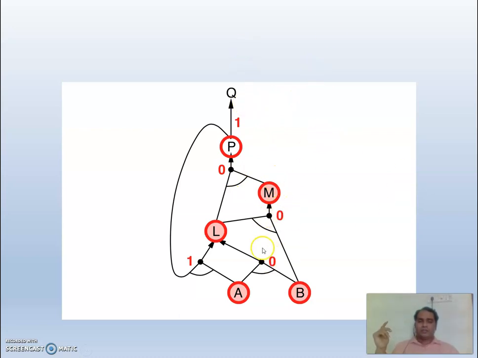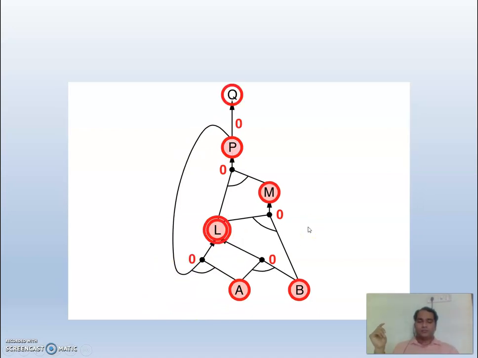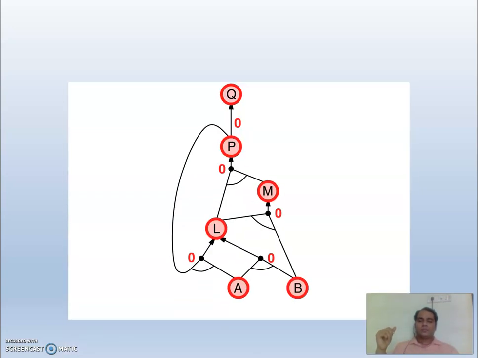So it is 0, and leading me to L from A and B is 0, that I already found. So now from P I can reach L, but L is a visited node, so I am ignoring it. So now from P I can visit Q. Q is the one which I need to prove. So Q is entailed, that means Q is proved. That is the last thing.